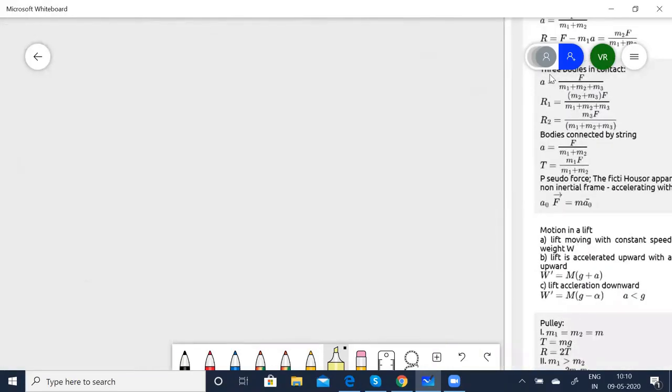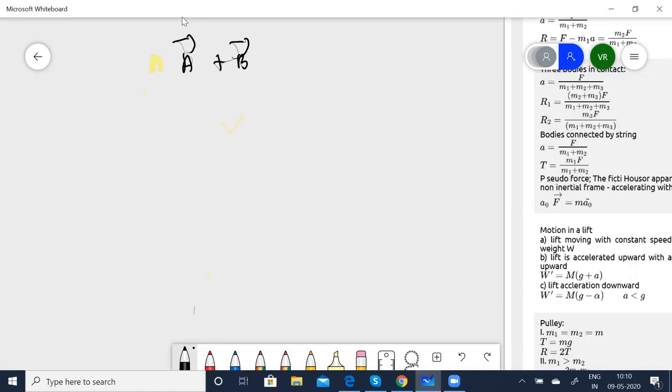When I talk about the addition of vectors, A vector plus B vector, you can simply add the algebraic sums. Say I and I can be added, J and J can be added, and K and K can be added. So it is going to be simple. And when we talk about the subtraction, that is also going to be very simple. You can subtract the respective components, that is I and I, J and J, and K and K.